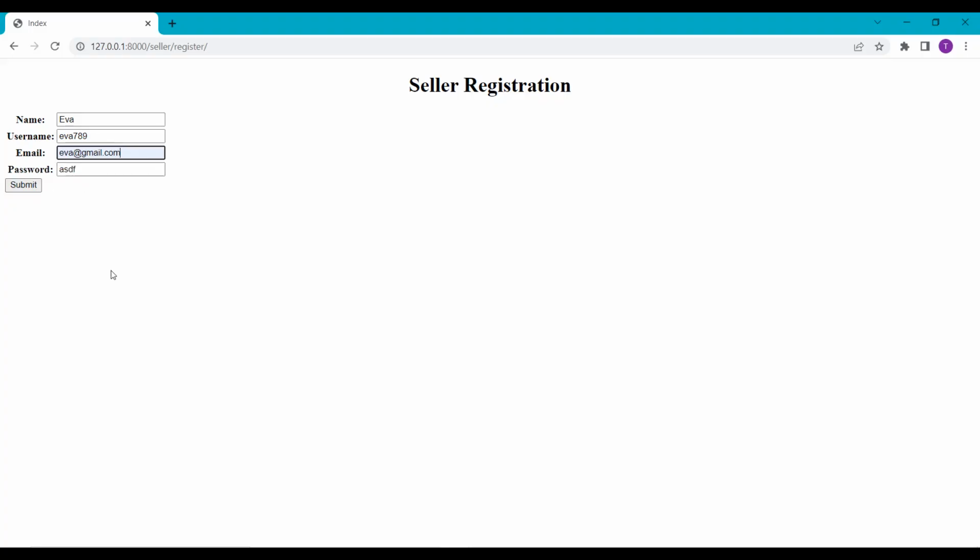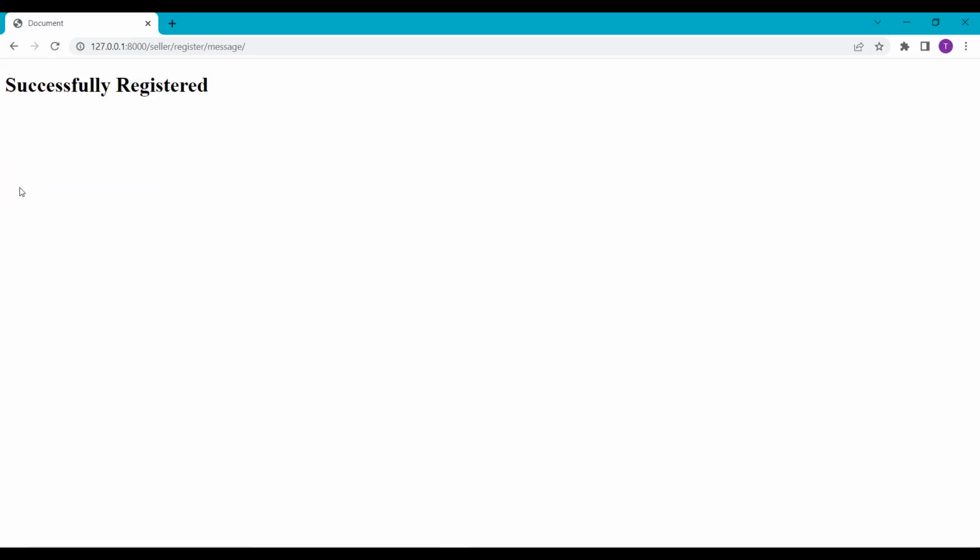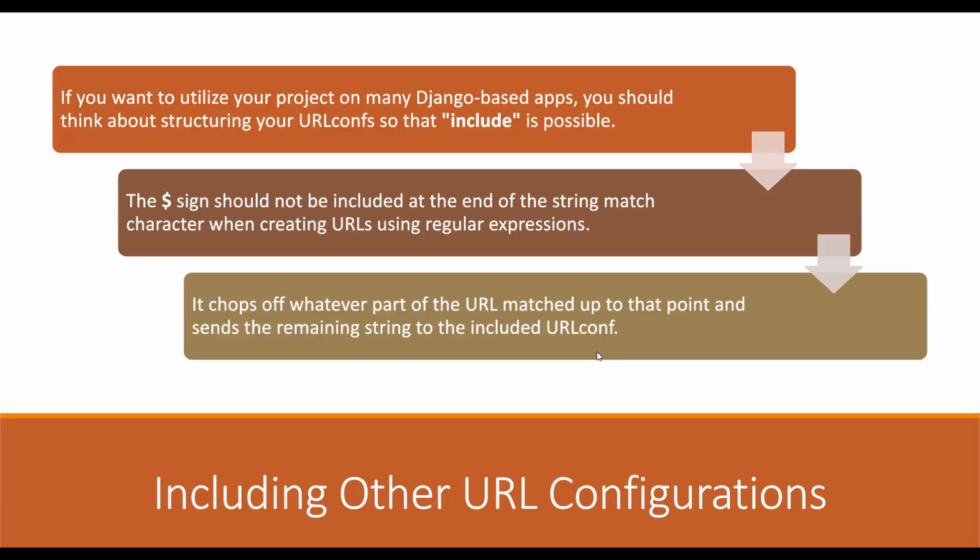Now after entering the details, I click on this submit button. When I click on this submit button, it automatically moves to the message path and shows the output as successfully registered. So with this, we have learned about including other URL configurations, and in the next video, we will learn